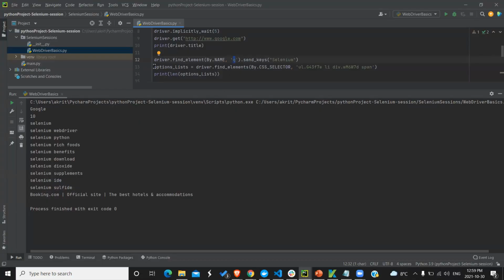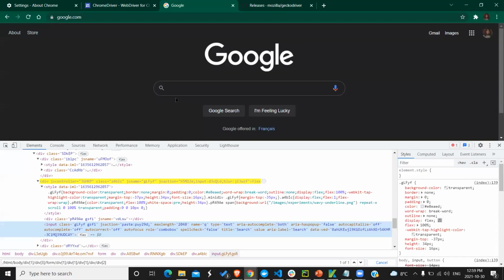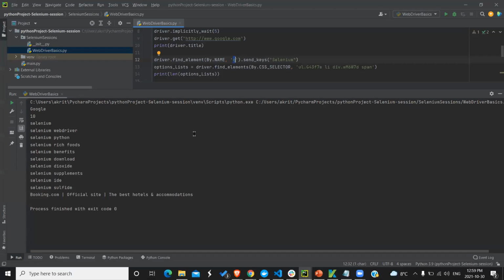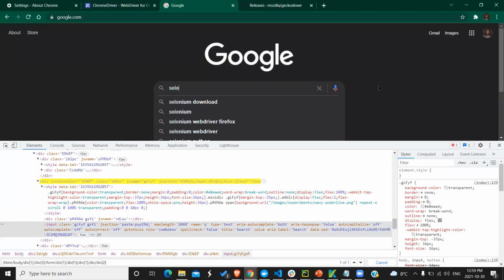Similarly, for example, I have written Selenium. All the list I'm getting here. So to locate that, I have used a CSS selector, and I can control it here.